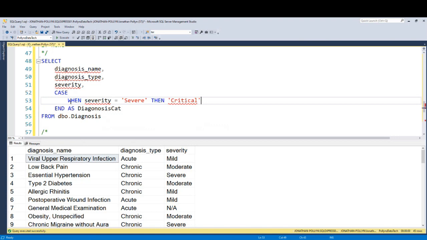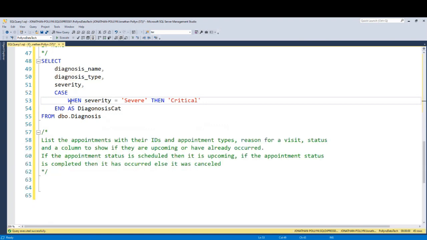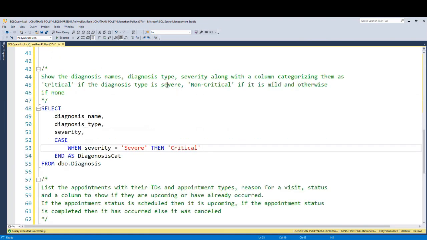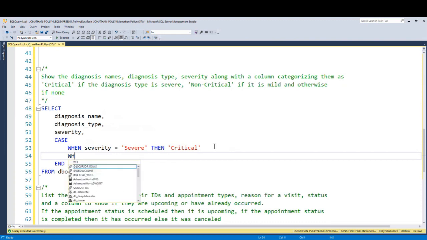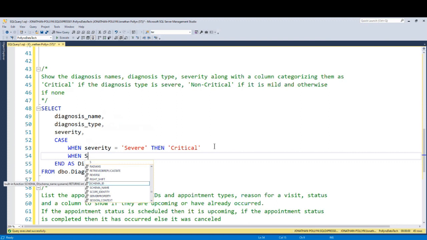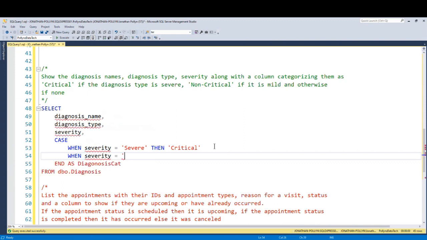Critical. And let's make sure to say when it is severe, we say it is critical. And the next one they said, when the severity equals mild, when it is mild, we should say it is